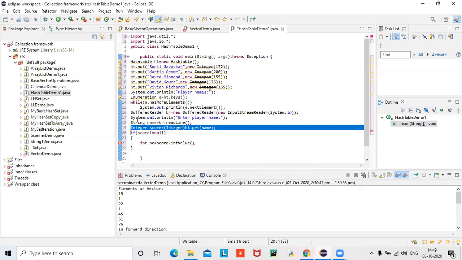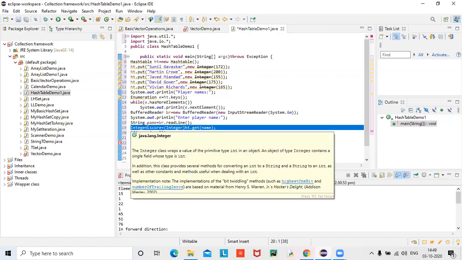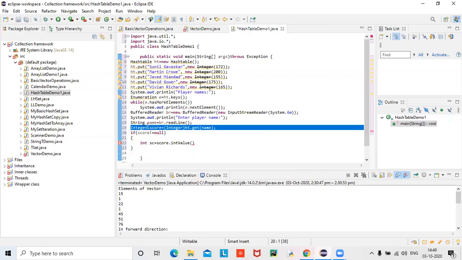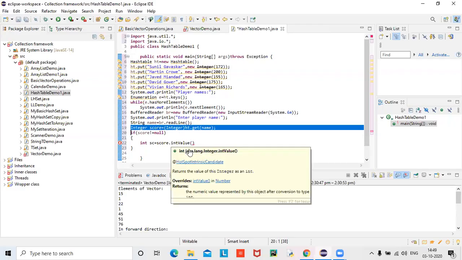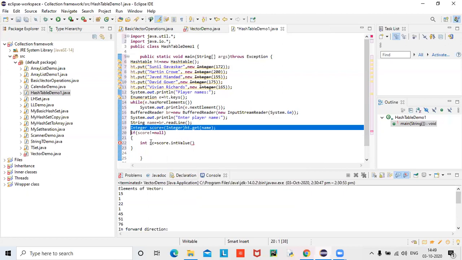Because I have taken enough precaution earlier, like here itself in the same statement, I have gone with a wrapper class. But you have to get it to normal shape. How to get it to normal shape? You can use int value. So int value, its return type is int. It will return integer. Score will be integer, obviously 172. I think I have given. That will be returned to SC. The same SC you can display here like this.